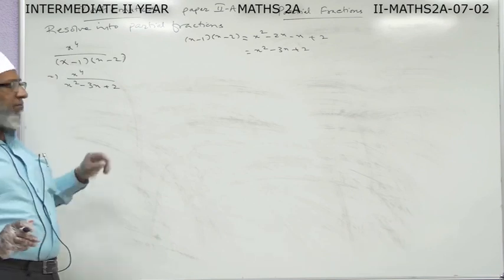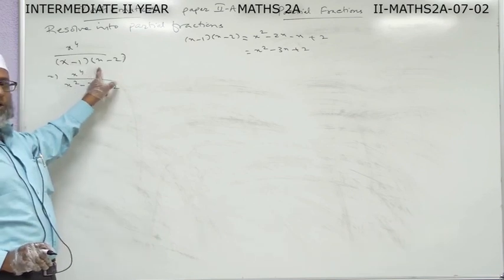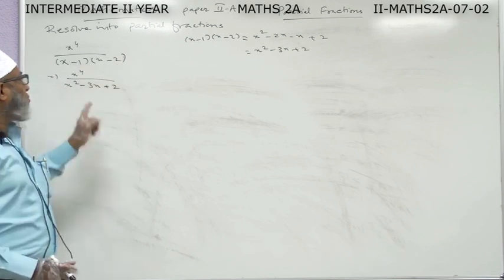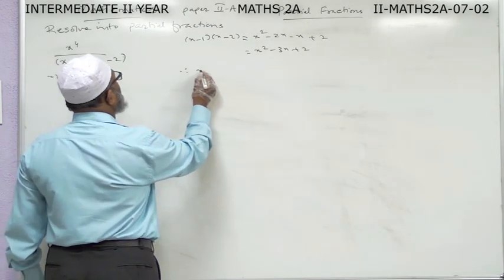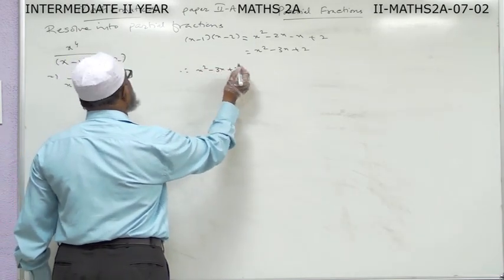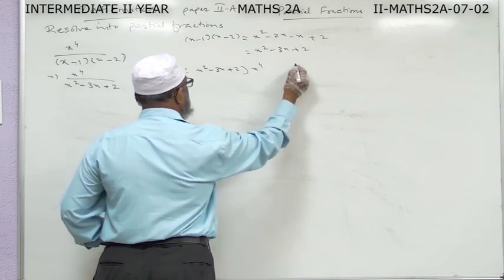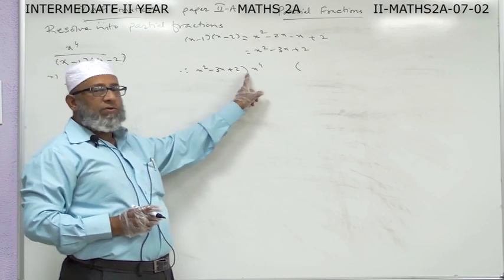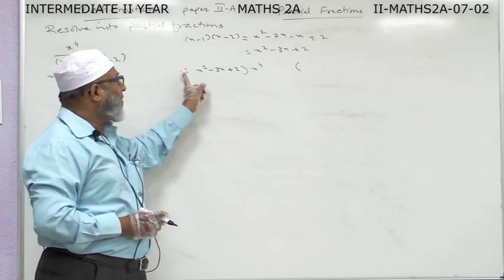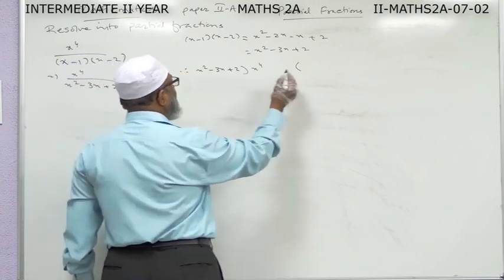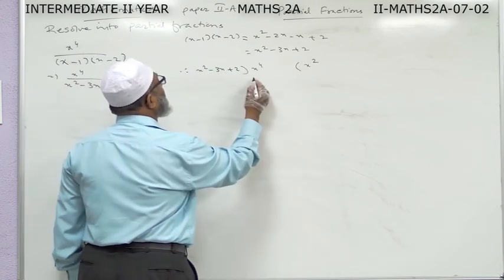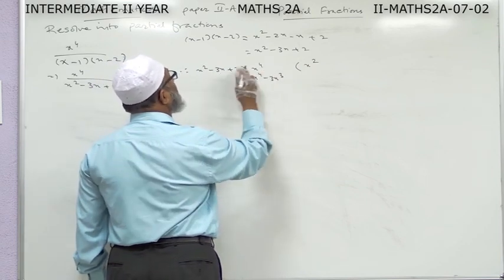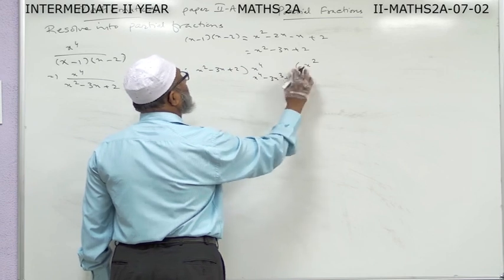Now, by observing, it is very clear that the degree of numerator is 4, whereas degree of denominator is 2. So it is an improper fraction. So I have to divide this. Therefore, I am doing the same thing, that is x square minus 3x plus 2 dividing x to the power of 4. Now, what happens here? x square is there, here x to the 4 is there. I have to multiply by x square so that on multiplying this, I will get x to the 4. So multiplying by x square, x square into x square is x to the 4, x square into this minus 3x cube, x square into this plus 2x square.